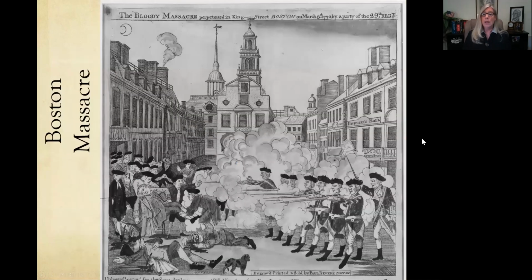Okay. This is another political cartoon that you absolutely need to be familiar with, and it is depicting an incident that occurs in Boston. So we've talked about the increase in the number of British soldiers in and around Boston, and it erupts into what the colonists refer to as the Bloody Massacre. This building back here,